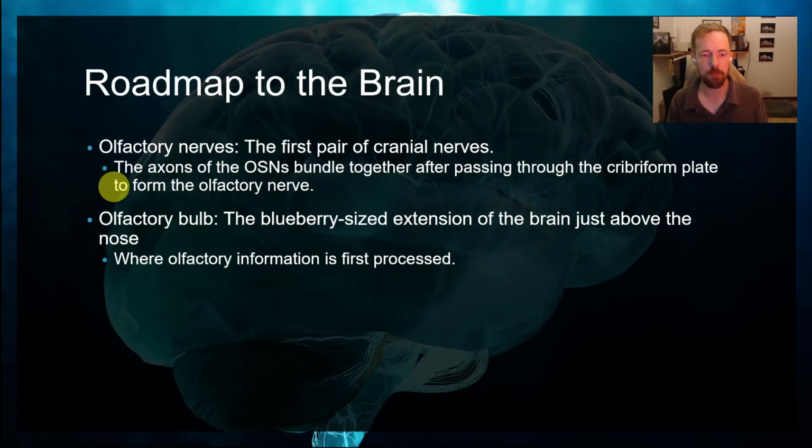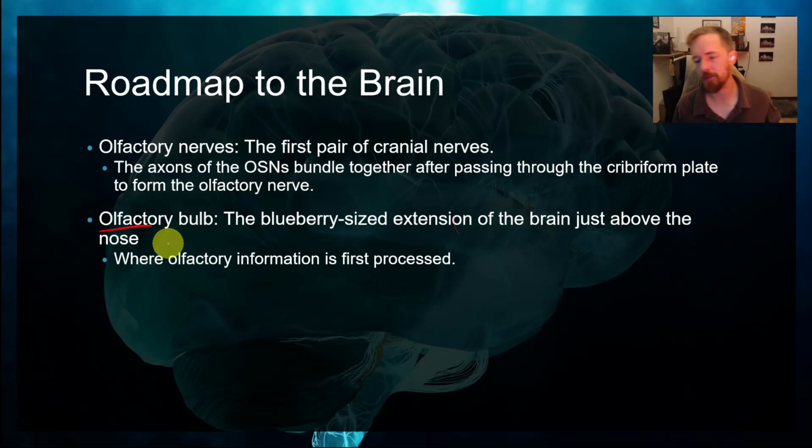Okay, so the olfactory nerves, those are going to be those bundles of axons that you just saw that go through the cribriform plate. From there, they go to the olfactory bulb. The olfactory bulb is part of the brain. It doesn't get a lot of love though, because it looks kind of weird. It actually looks kind of like this tubular thing, and I have found that whenever I see people who try to model the brain, like as you can see here, this brain does not have olfactory bulbs on it, which is disrespectful to the sense of smell.